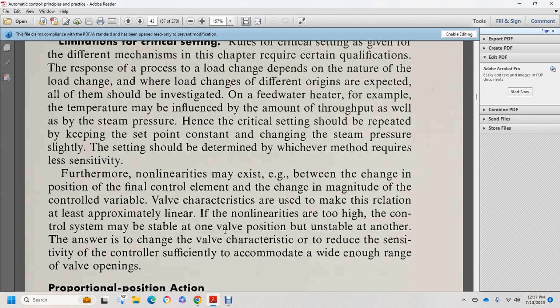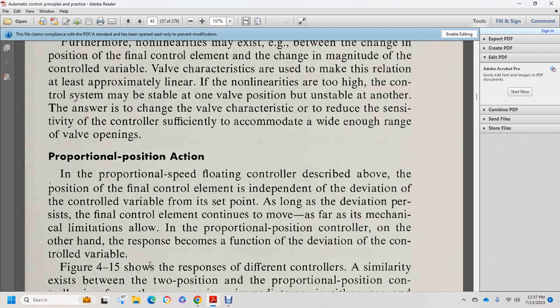The characteristics of the relation are at least approximately linear; with non-linear or too high a gain, the control system may be stable at one valve position and unstable at another. To reduce the sensitivity, the control must be sufficiently accommodated with a wide enough range of valve openings. Proportional position action. In proportional speed floating action, described above, the position of the final control element is independent of the